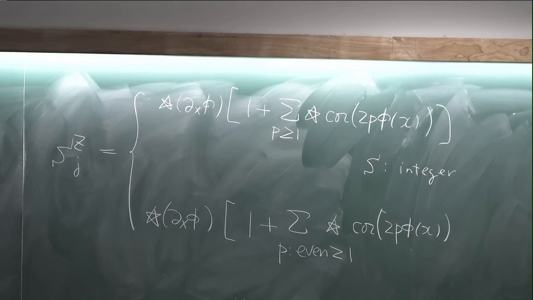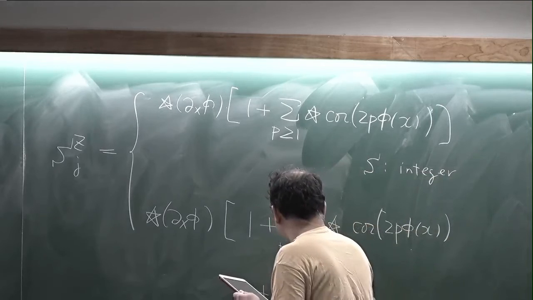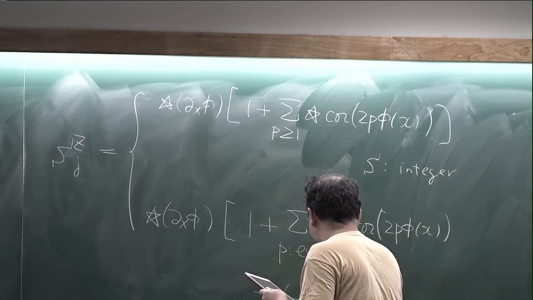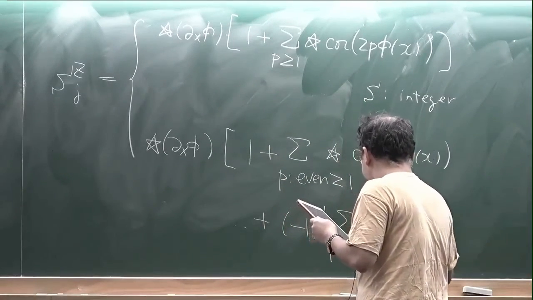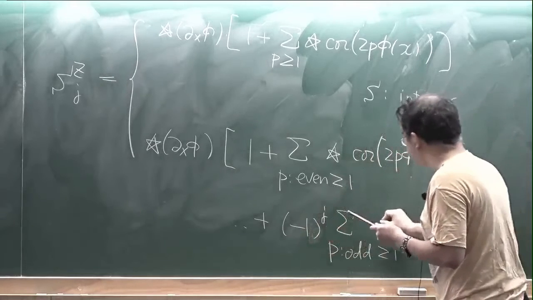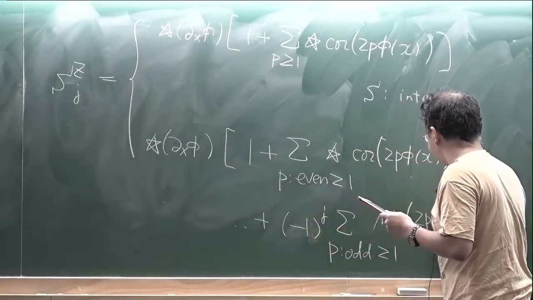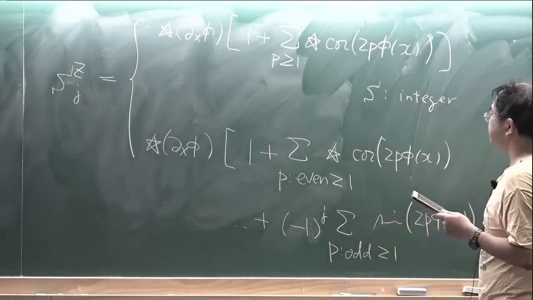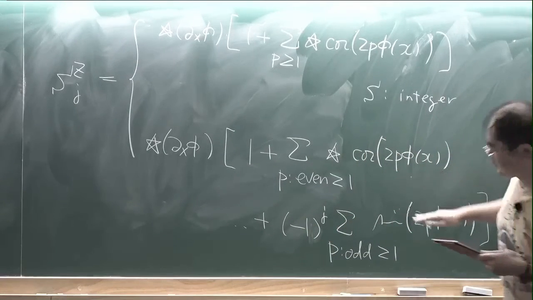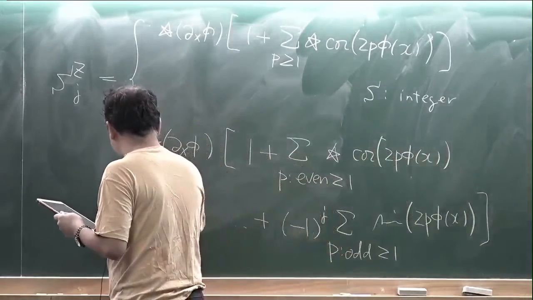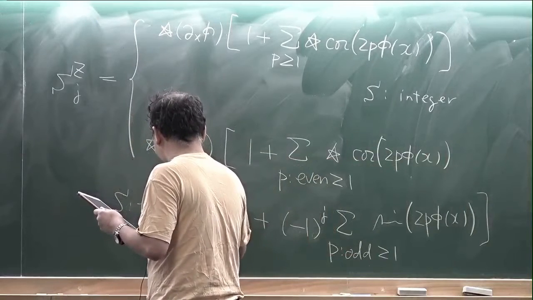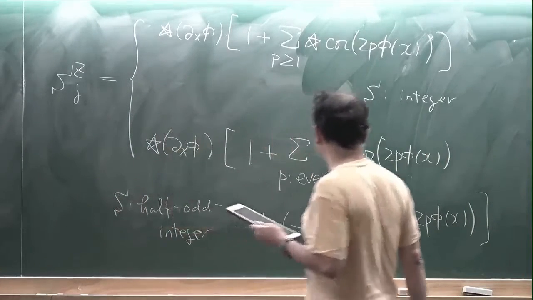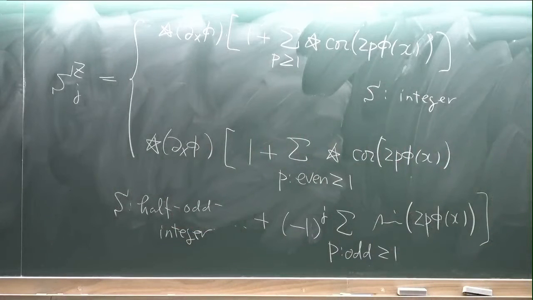But when p is odd, you have a different result. That is (-1)^j, then you obtain sine of 2p phi. So the latter result is for spin half. So yeah, you have a different result, and that